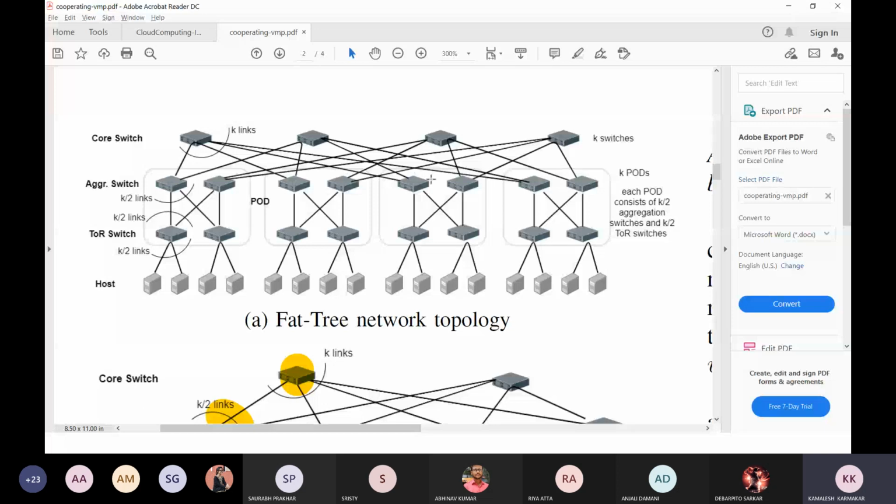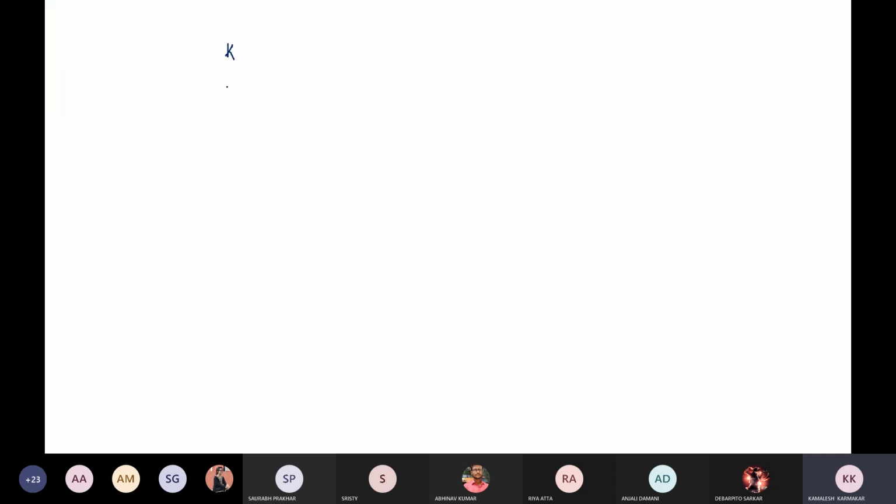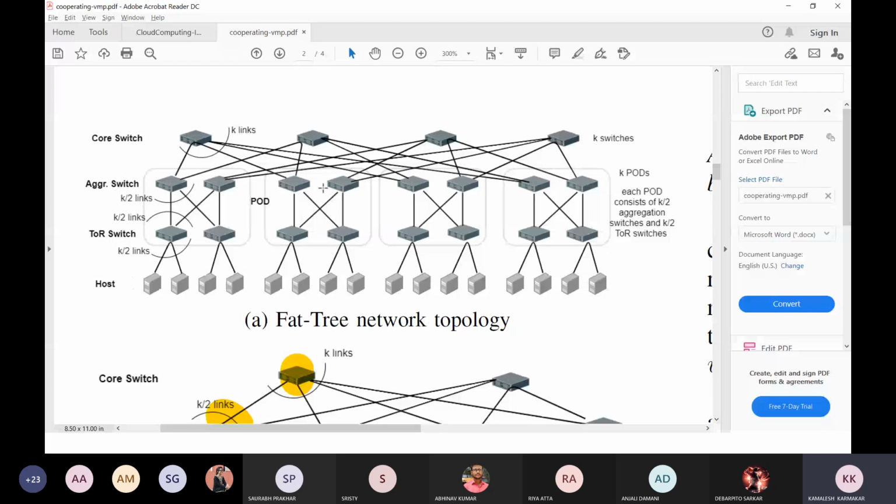How many pods are there? K number of pods. So in the next layer we have k number of pods, and in every pod, how many switches are there? In this diagram, you can see that there are k number of pods.